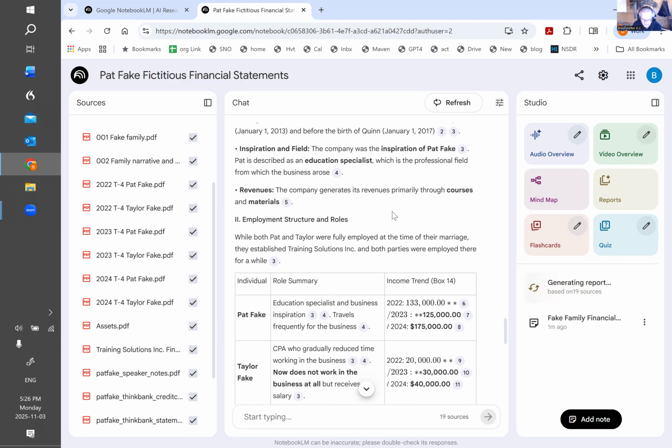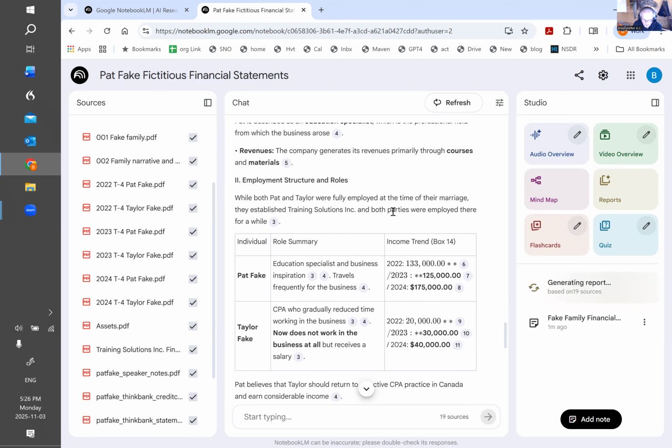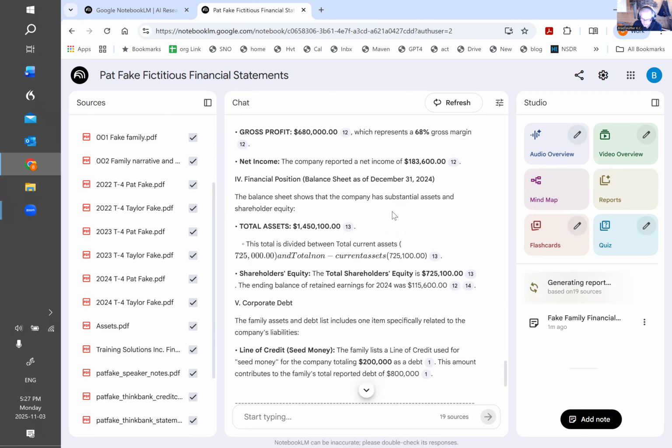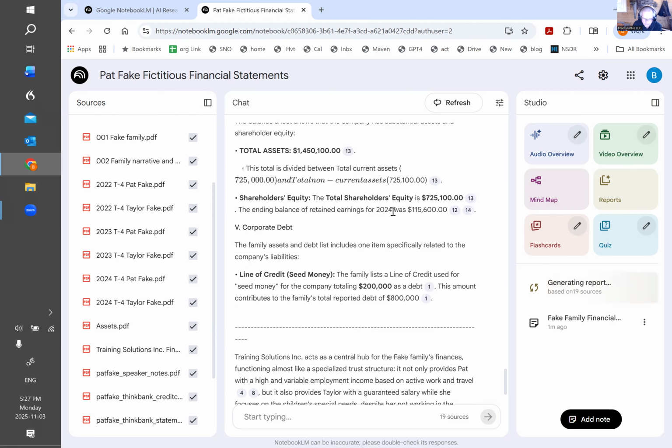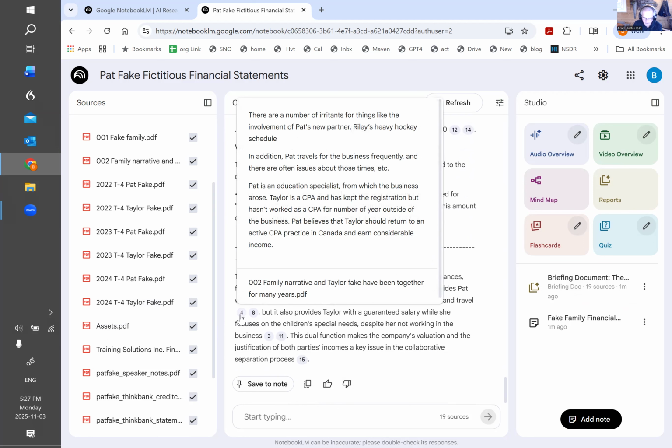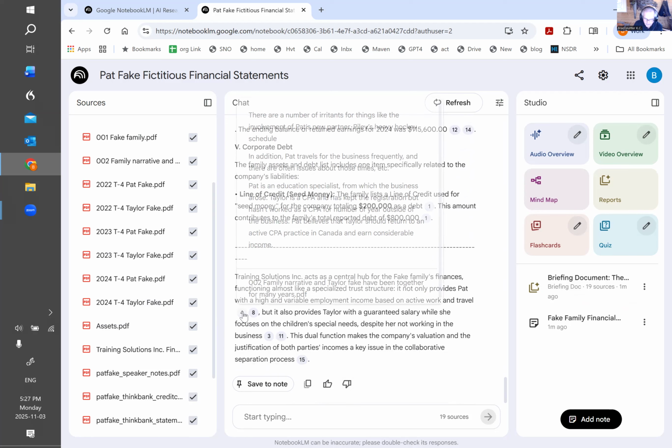So we look at that. And they talk about the role of each of the parties, and we can go from there. It talks about the total assets, the line of credit, the seed money. Okay. So all of a sudden, I've got all these things. And what's interesting to look at is see all these numbers? They're footnotes. So I can simply click on number 4, and it says in the family narrative, number 4 states